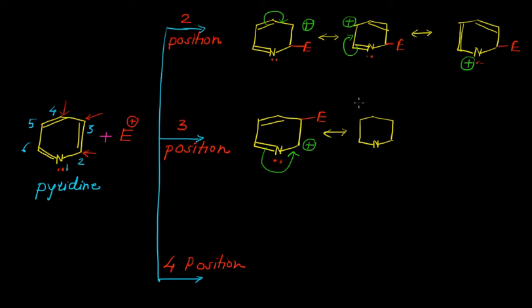So here in this case you can see the electrophile is at position number 3. The lone pair of electrons is present on this nitrogen. The other bonds will remain as they are. So this bond will remain as it is, and here we'll have the newly formed bond between this nitrogen and carbon, and this positive charge will transfer from carbon number 2 to 6. Again this positive charge gets delocalized into the ring, and we may have the next resonating structure